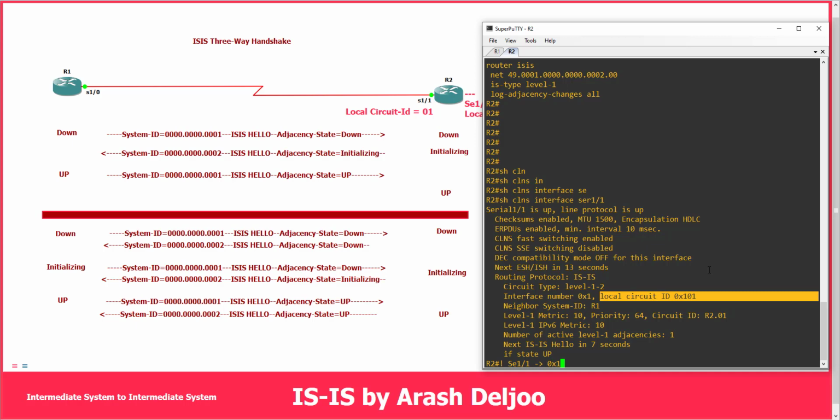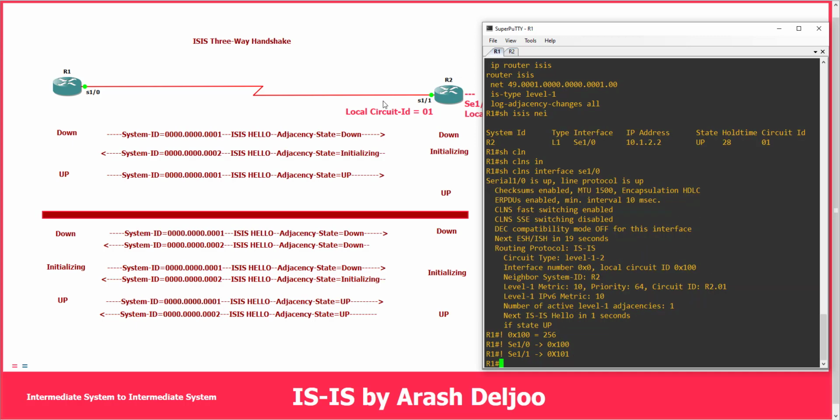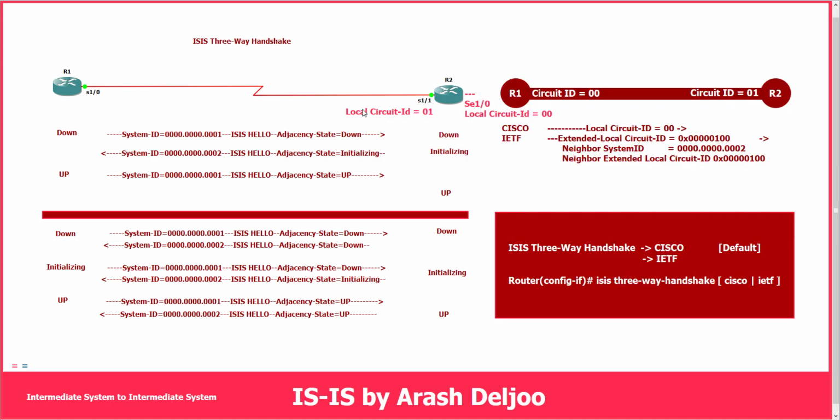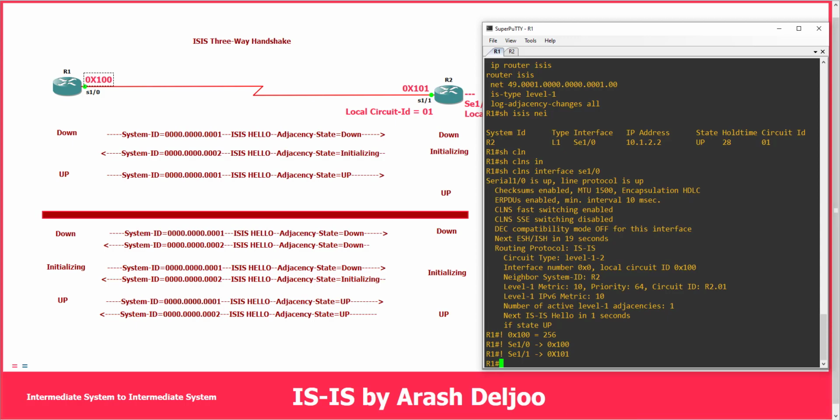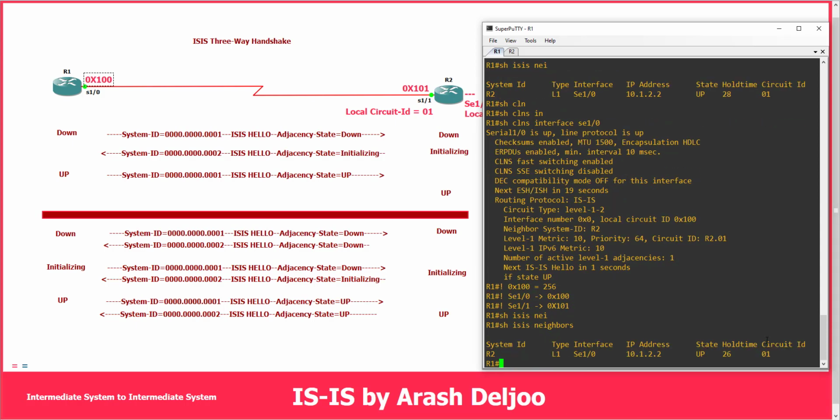Okay, in R2 we have 0x101. This is the local circuit ID of R2 serial 11, and in R1 we have 0x100. Look at here in R1, when you use show isis neighbors, you can see that R2 as our neighbor uses